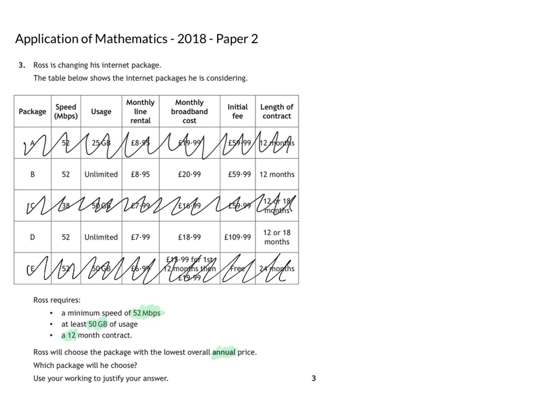Right, so if we're looking at plan B, we have a monthly line rental of £8.95. So we have our £8.95. And we have our monthly broadband cost, which is £20.99. So those are monthly, so for a year we've got to times it by 12. And then we're also going to have to add on our initial fee, which is £59.99. When we work that out all together, we get that it is a cost of